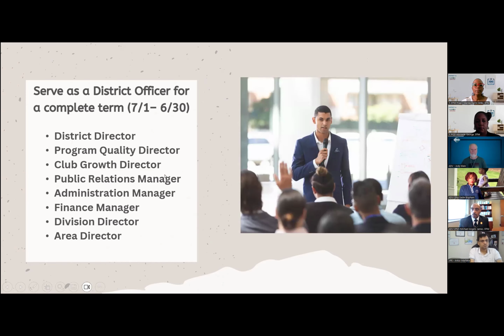Oh, okay, there we go. Now, there's no way around this. District office, you have to do it for a complete term, July 1 to June 30th of the following year. On this slide, I just want to make you aware of the various roles that qualify for DTM credit. And because most people know that you have to be an area director or